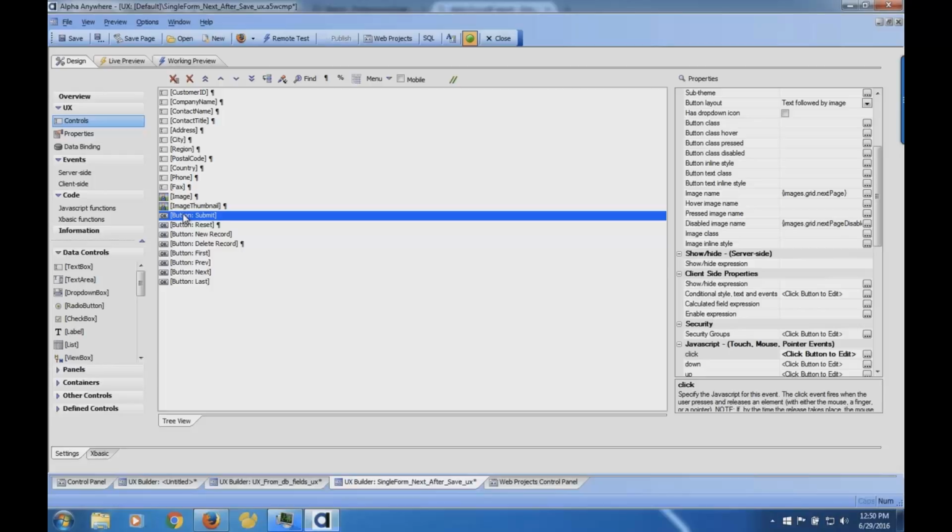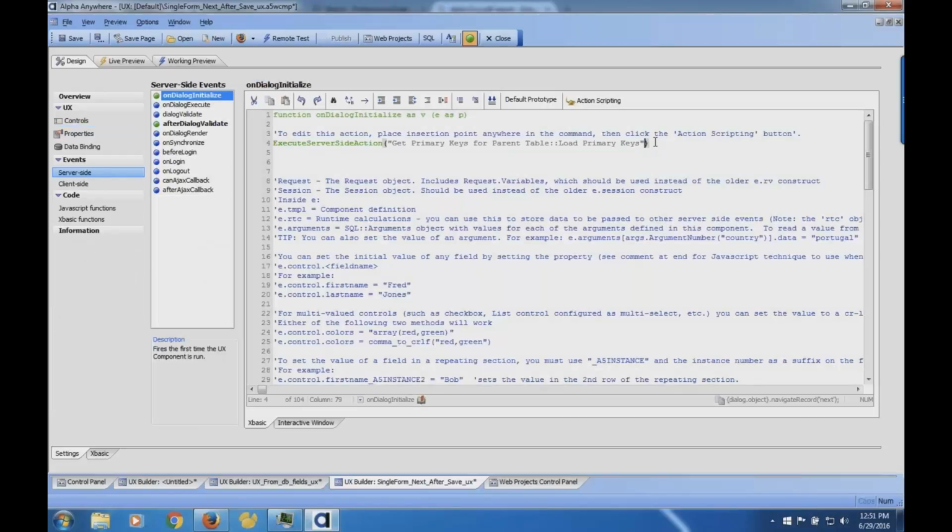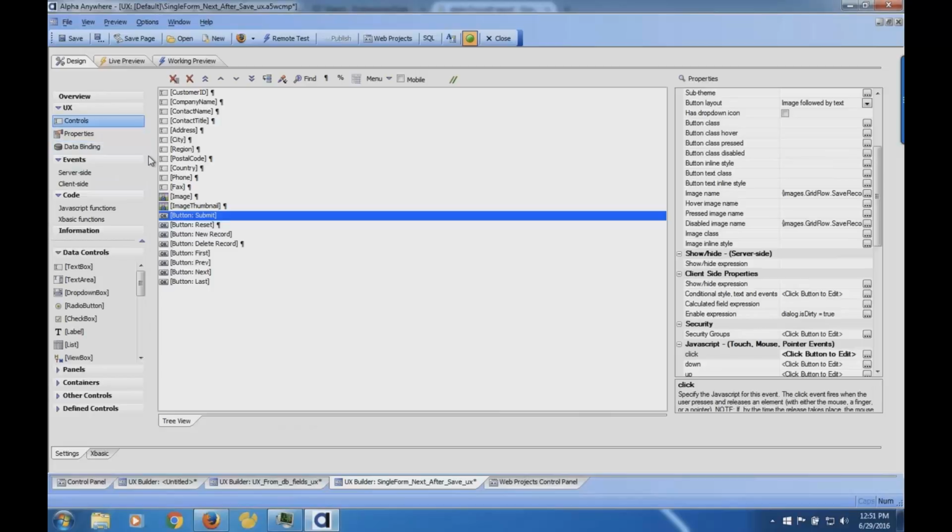Here's a question. This probably had to do with what you were talking about earlier: how does the get primary key function work with an offline local cache or with SQLite? No, that is really meant for online because these behaviors assume you have a connection. Every time it loads this form, those get primary keys are there. The other reason is that this is using a static UX form.